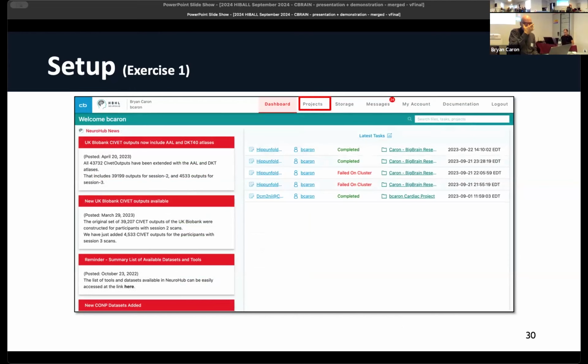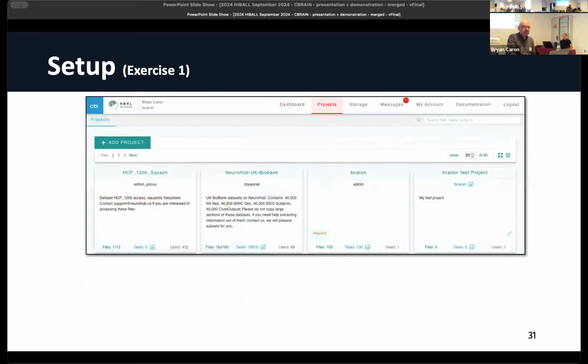One of the first things we're going to do is you're not just going to start doing some analysis. You say, well, I have a project, I have a specific activity in mind that I want to do with CBRAIN. So you're going to go to the projects button and you're going to create what's called a project. You can have multiple projects. You don't have to have just one. If you click on projects, you should see a menu that presents you a visual view of what projects, which many times corresponds to a data set that you have access to. You'll see ones maybe not similar to this list. In my particular case, I have the UK Biobank there because I'm a member of the collaboration that's able to access the data. But if you add project, what we're going to do is add a project specific to the exercises we're going to do today.